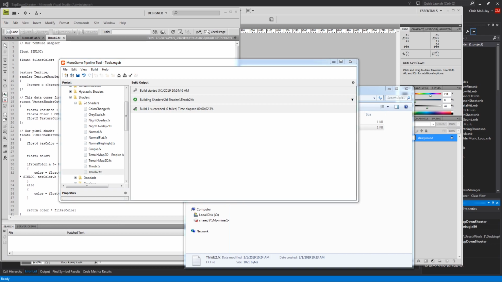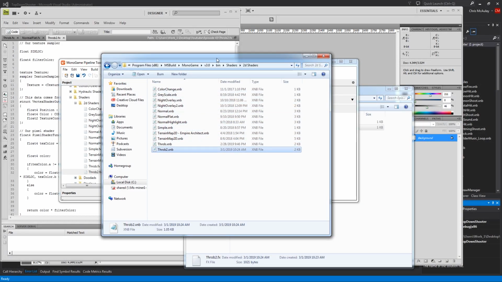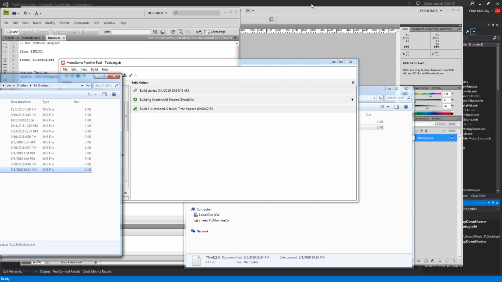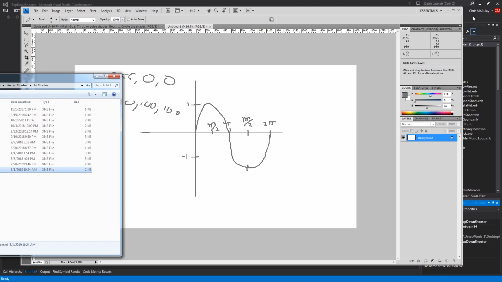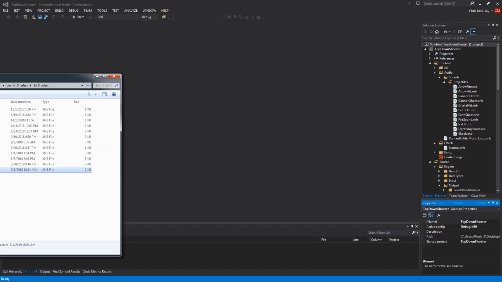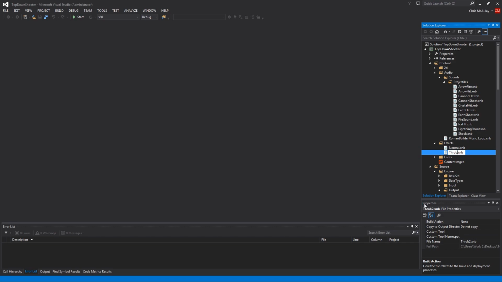Now let me open that up. Bin, shaders, Throb 2. So it's right there. So we are going to drop that into here. So Throb 2 into here. I'm going to rename it to Throb because that's what you should probably call it, and that's what I'm going to hand you guys. Again, I will put these in the description, so don't worry about it. So Throb,